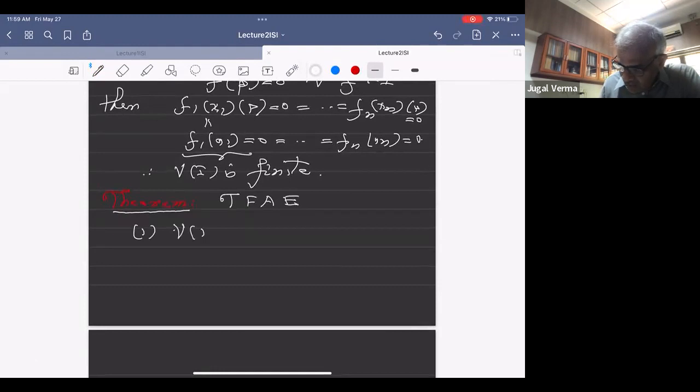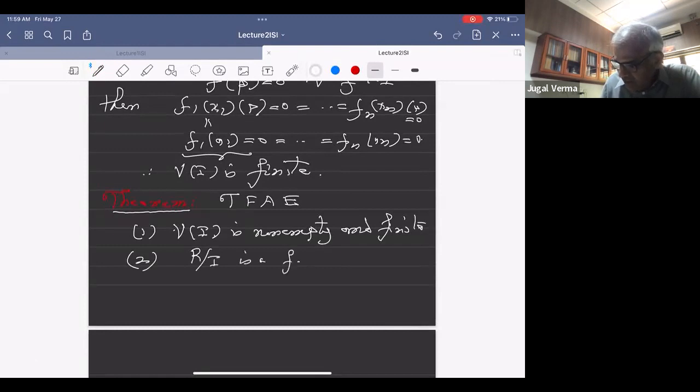Vi is non-empty and finite. The second condition is R mod I is a finite dimensional C vector space. The third condition is I contains